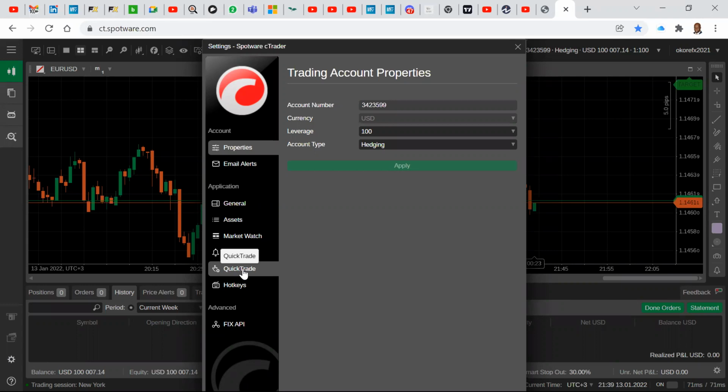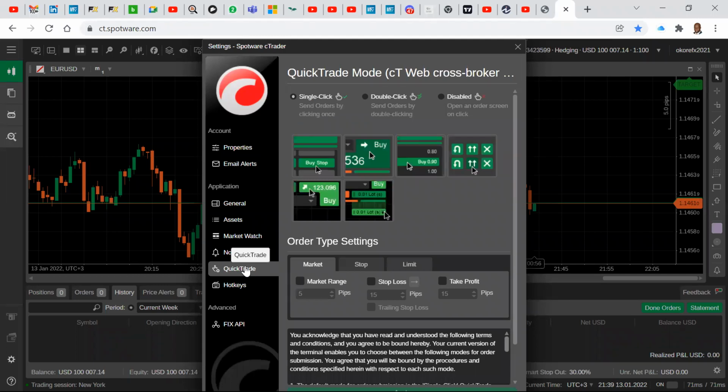Okay, please, I hope you're taking your notes. When you click on these settings, you come and click on quick trades. All right, the rest is by default. I will not even get to the others, but this leverage and hedging, don't worry about those things for now. Okay, you click on quick trade, and this is what we get.